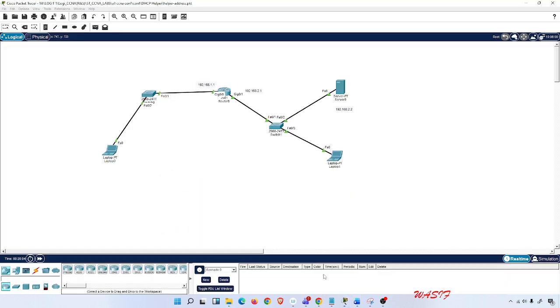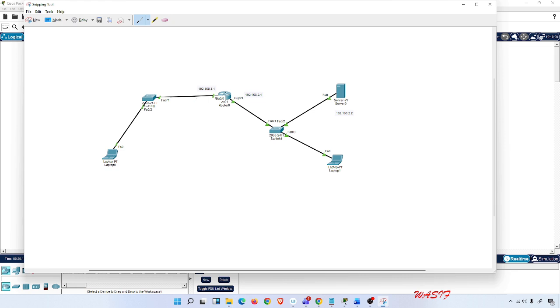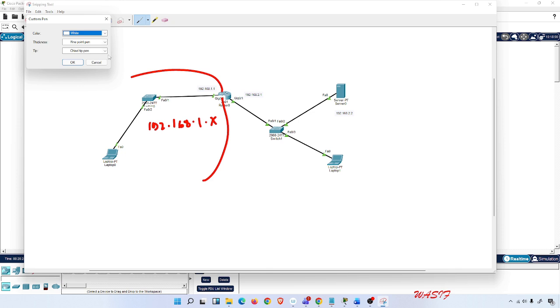If I take this one, for example, the first thing you need to understand is the IP address here, 192.168.1.x, is the IP address on this side. Then if you look on the other side here,